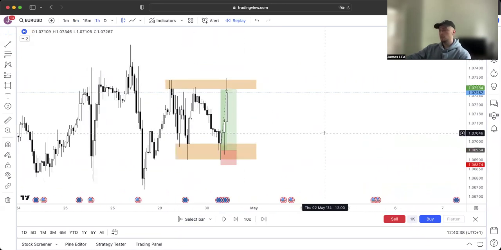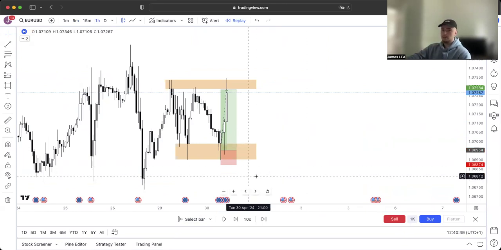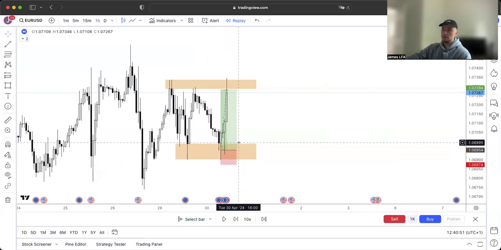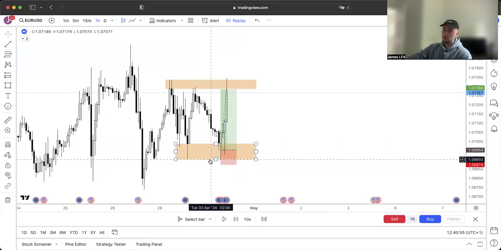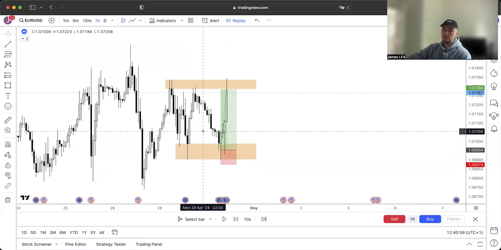Now, if you are someone who likes to use what I would class as maybe a little bit more complicated entry models, you like to enter on the 1 minute, you like to look for liquidity, things like that, you can do that too from these ranges. Your entry would just be slightly different. But I wanted to do this to show you just how simple it can be and how you don't need to overcomplicate. However, if you do want to use different models, other than just price action and candles, you look